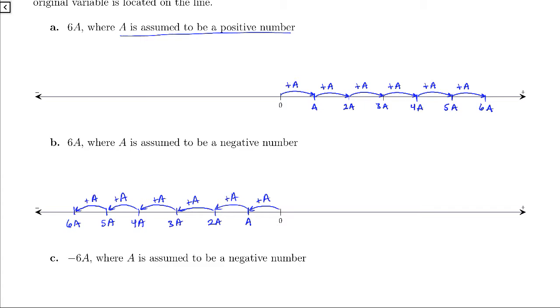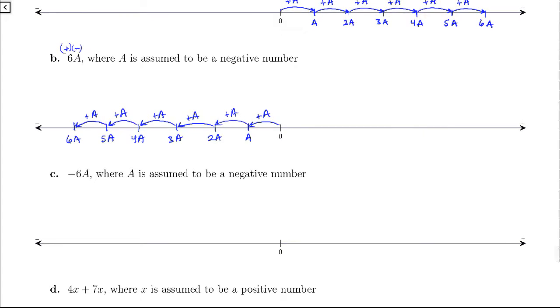So if A is a negative number, 6 times A will also be a negative number. Okay, because a positive number times a negative number is a negative number. All right, and we can't see the negative in here except for the fact that A starts to the left of 0. That's the only indication that we have that there is a negative in here. Okay,